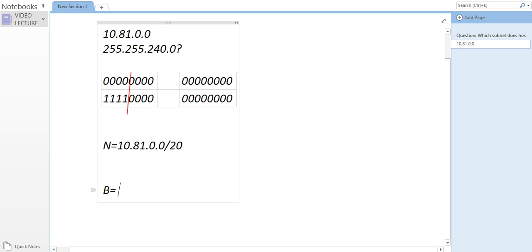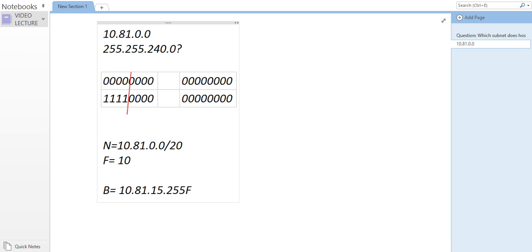So here the sum of the bits remaining is 15, and in the last octet is 255. This is how you're going to do it. So you have 10.81.15.255. Your first valid IP address here is 10.81